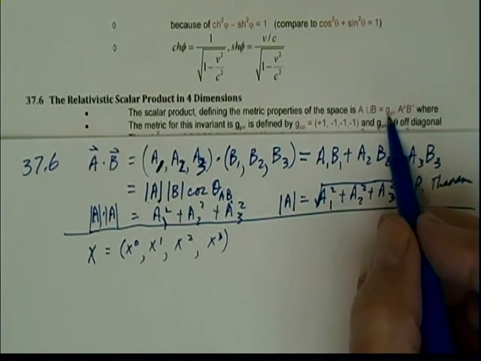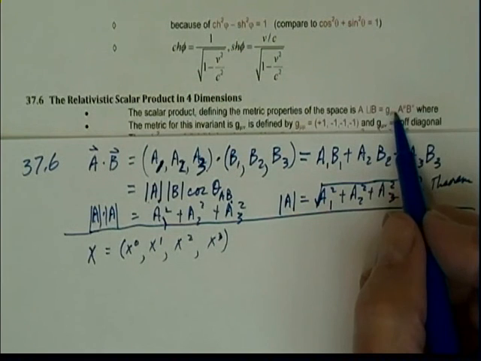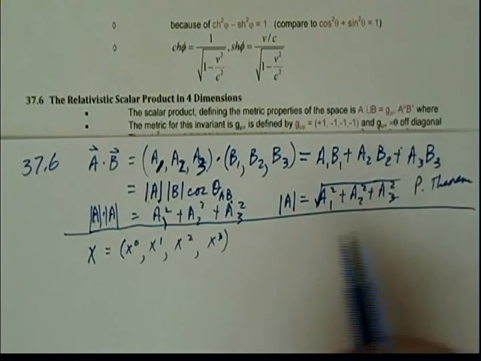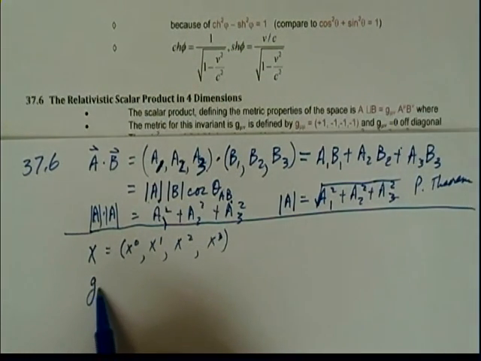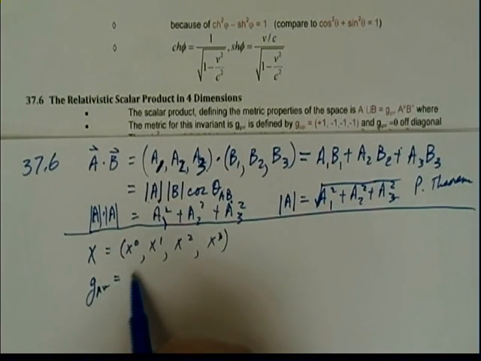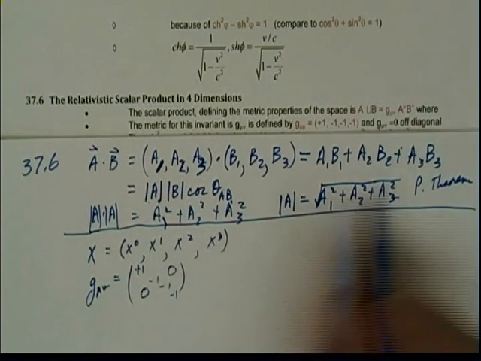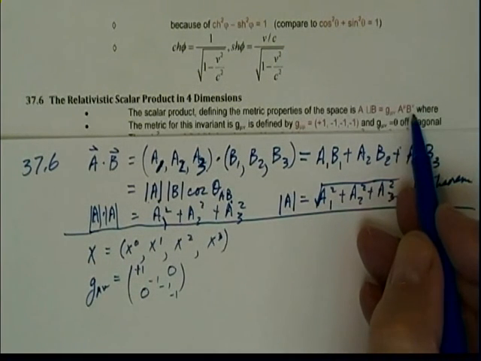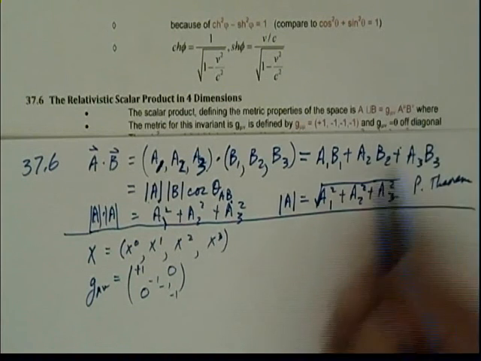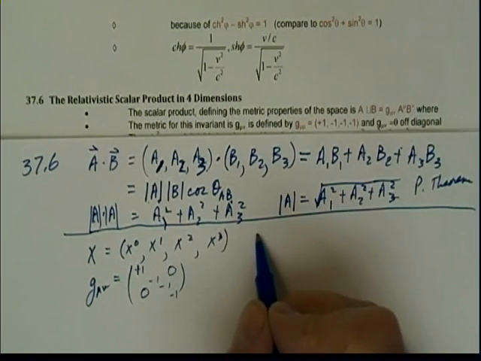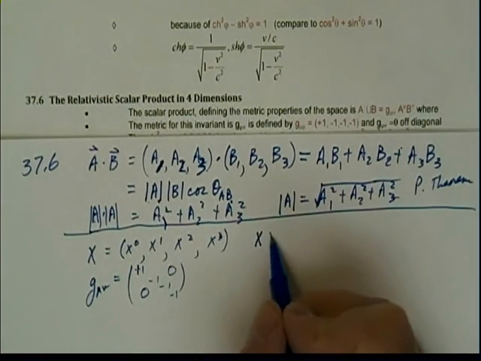And this metric, G, has all the off-diagonal elements equal to 0. So this G mu nu, where mu and nu go 0, 1, 2, 3, is equal to a matrix that looks like plus 1, minus 1, minus 1, minus 1, with zeros off the diagonal. And so when it multiplies two vectors and sums them up, it gives us an x times a y